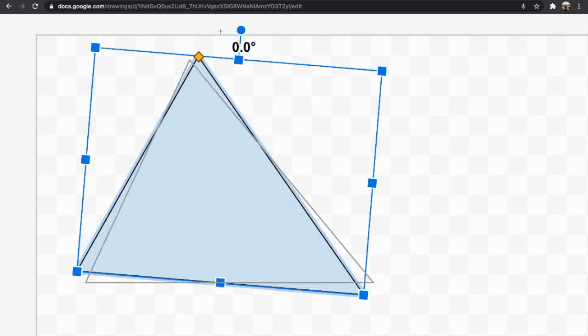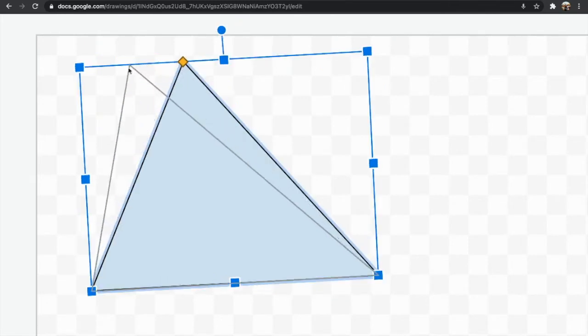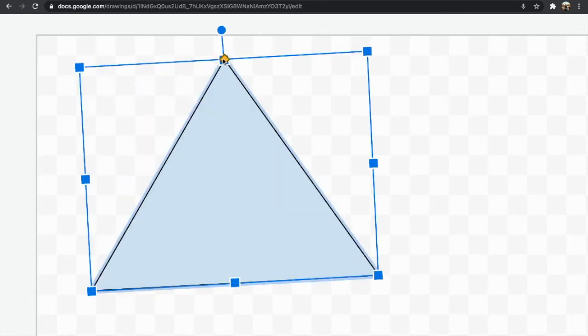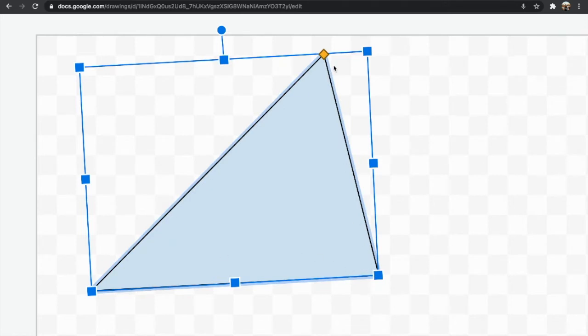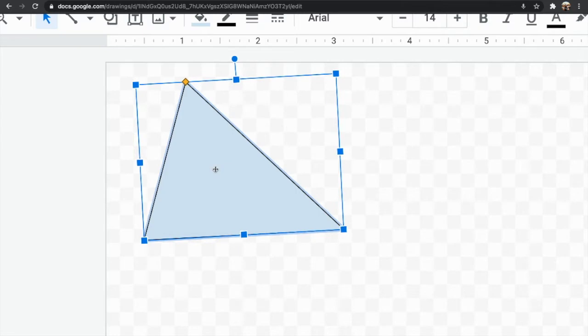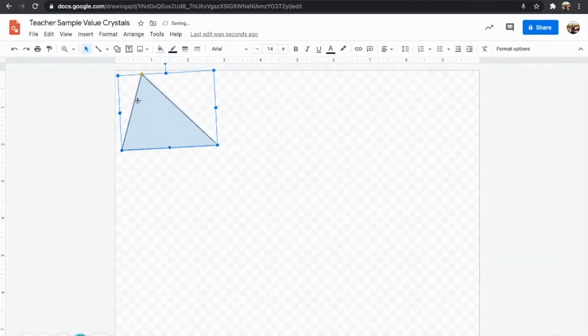So if we straighten this triangle back out, we can use the slider to change it. We can turn it into a right triangle. We can turn it into an equilateral triangle. We can turn it into different angles for our triangle shape. So what you can do is make a couple of triangles and use them to fill up the space in